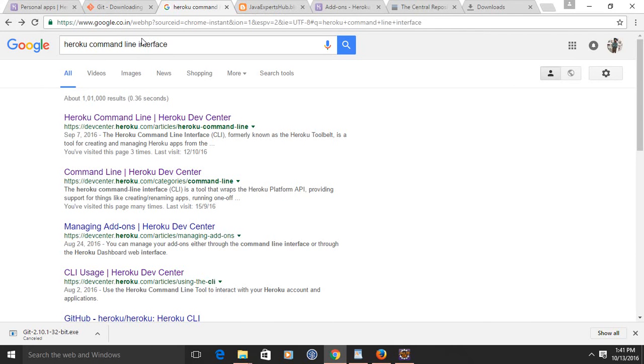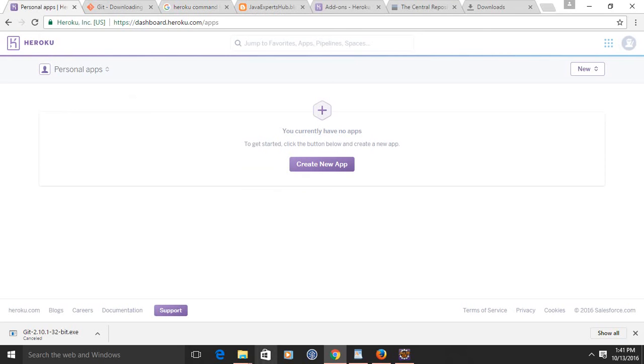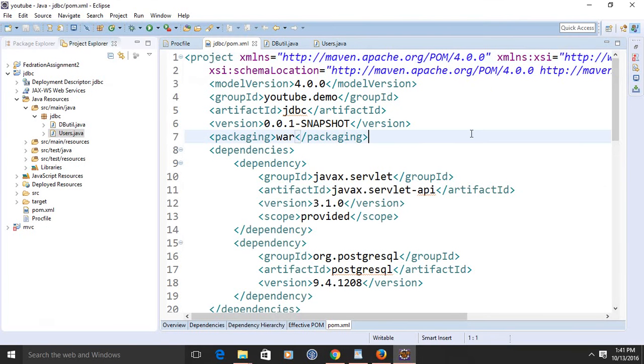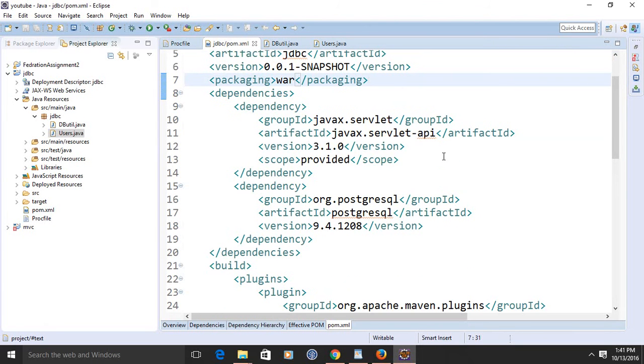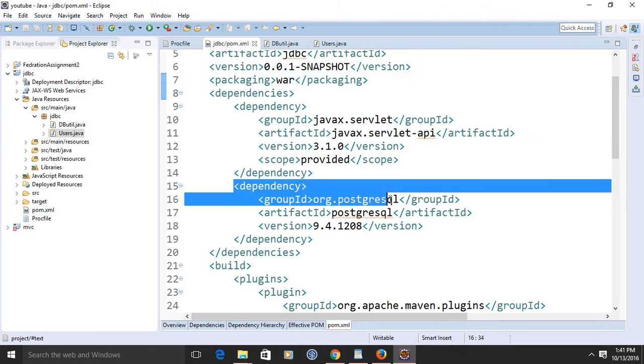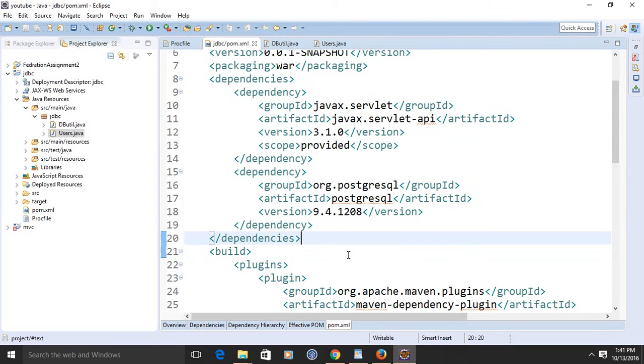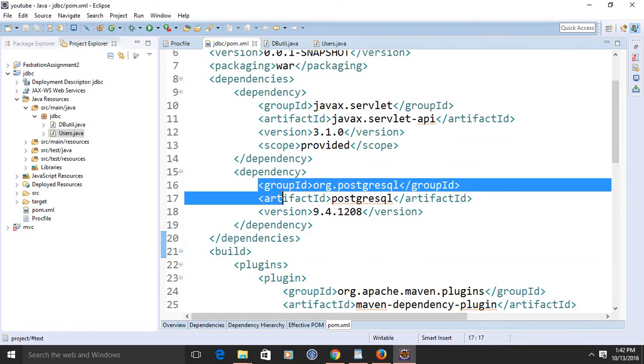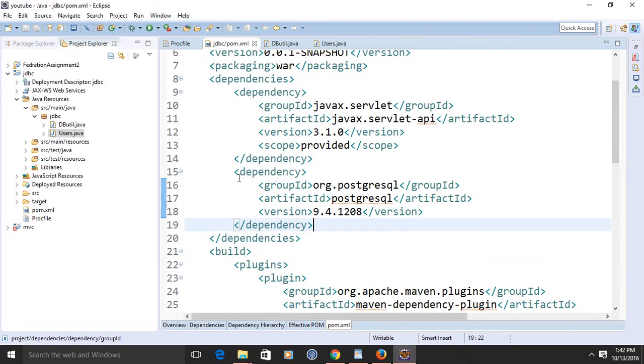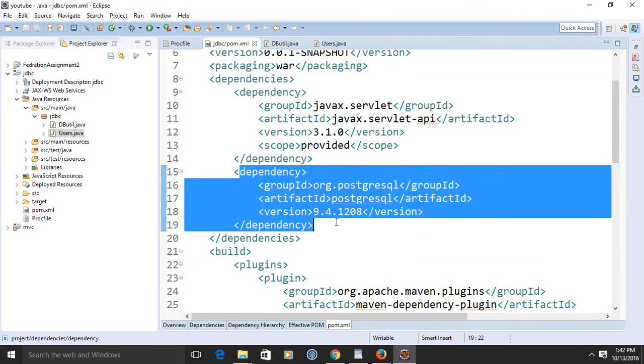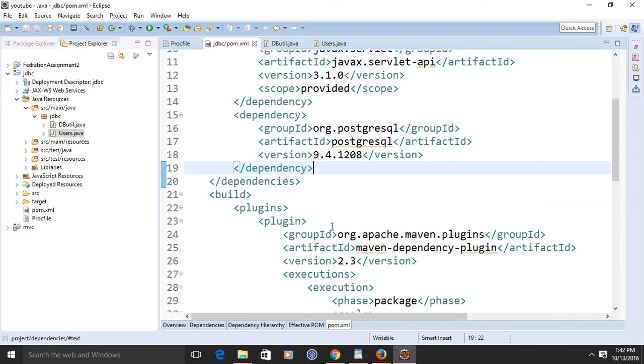Now the next step is to go to your application. In your application, give the dependency for the Postgres database. If you are familiar with POM and Maven, the POM is the main controlling file of your application, which provides all the dependencies and plugins. Now add the PostgreSQL dependency in your pom.xml, and also add,